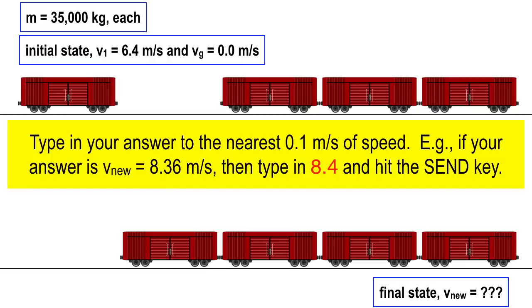So that's my tip. I can see what you guys are typing in here, so this is good. Make sure you have the decimal point correct. I can't tell you without giving away the answer, but